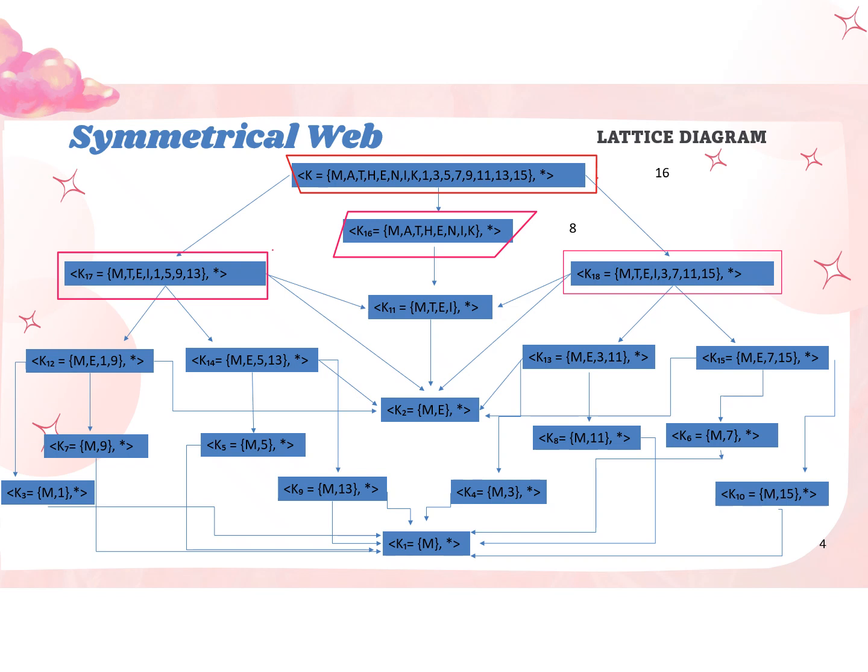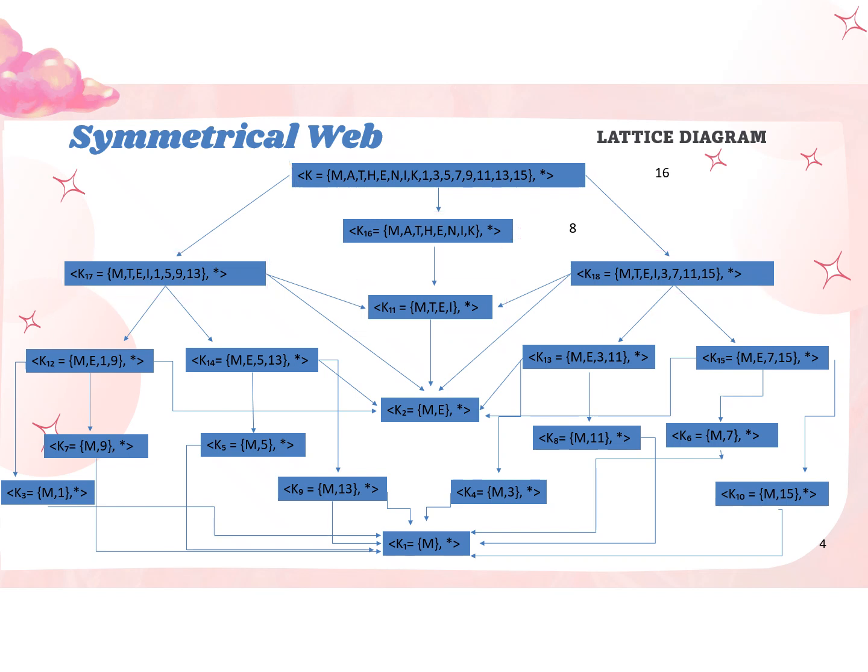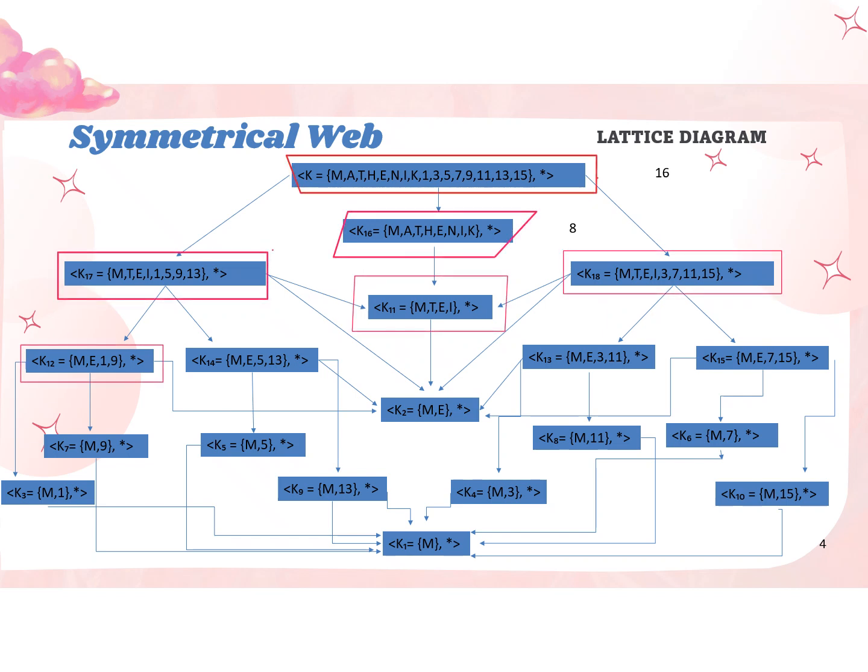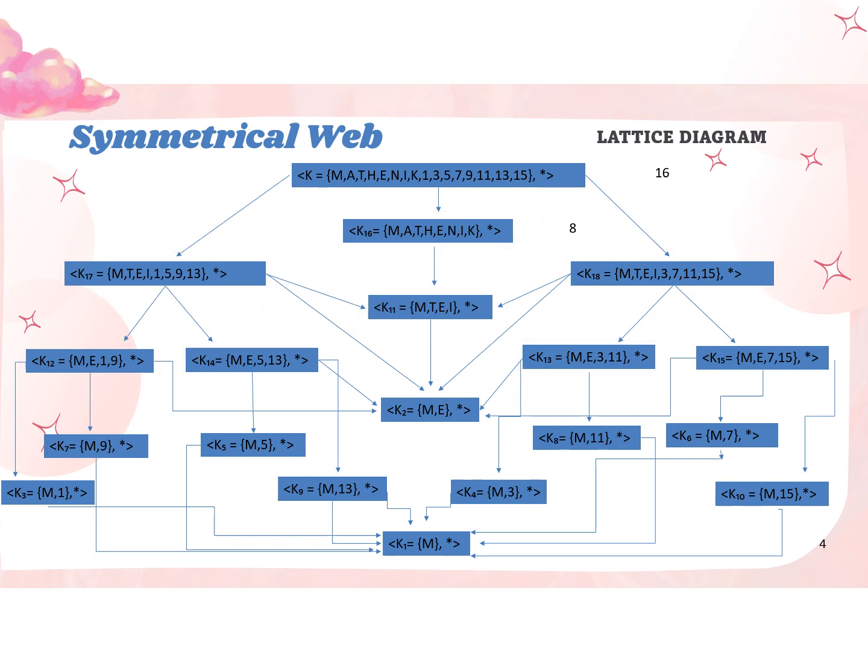Now let us proceed to K sub 11 containing the elements M, T, E, I under the binary operation. Next, we have K sub 12 containing the elements M, E, 1, 9 under the binary operation. Also, K sub 13 containing the elements M, E, 3, 11 under the binary operation. Also, K sub 14